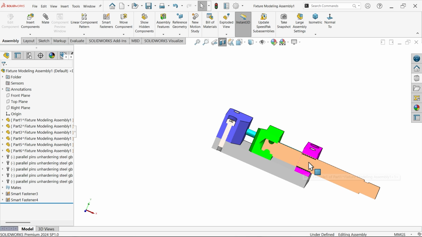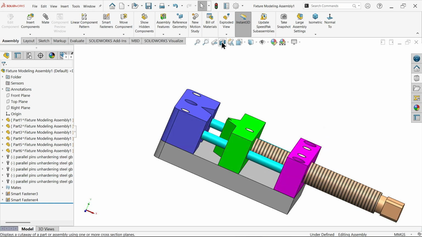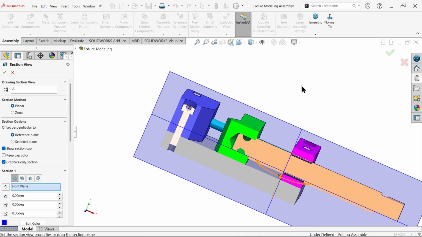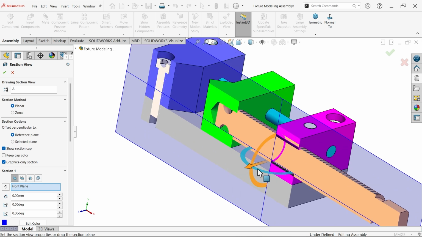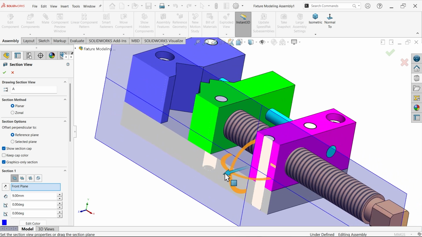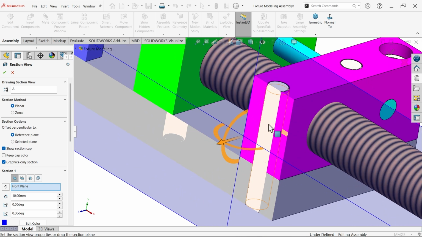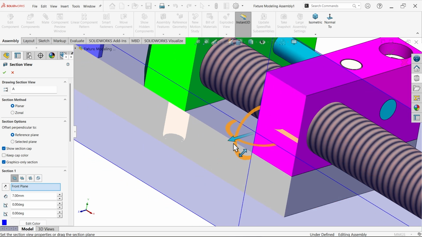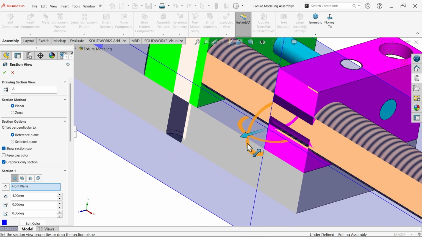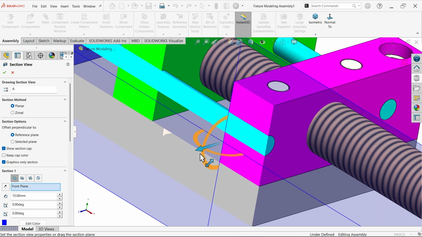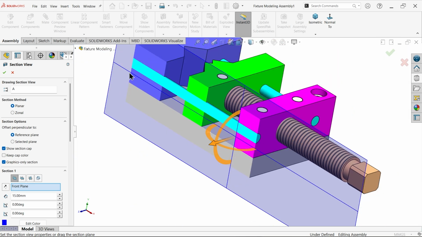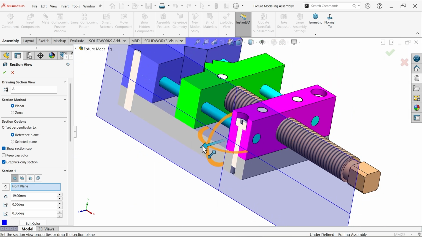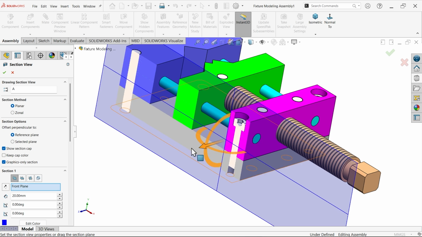This is the thread. Now let's drag this and you will see this one. This is the rod pin and this is the